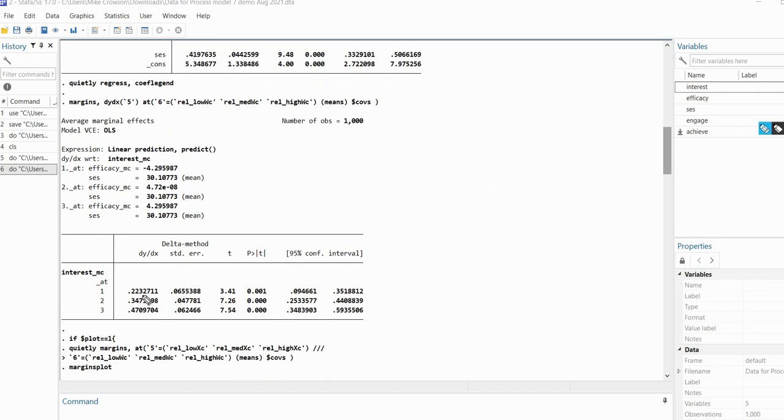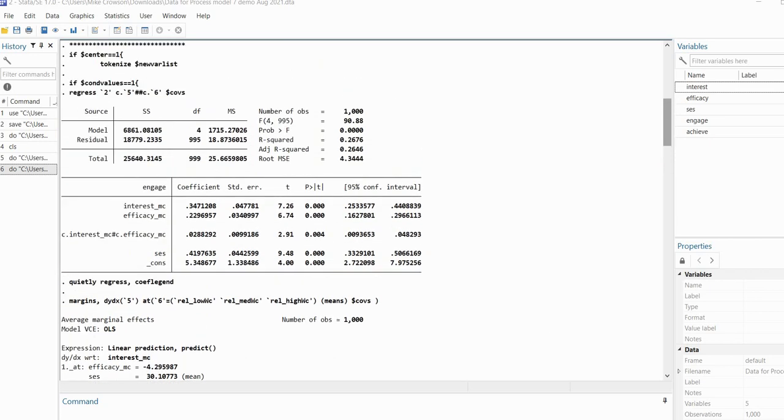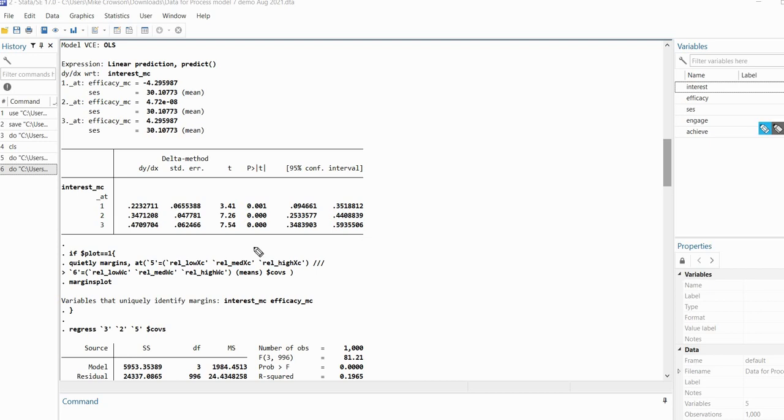And you'll notice one of the things to keep in mind is that at the mean on the centered variable right here, you'll see it says 0.3471208. You'll see that that number is reproduced in our table up here. So that's that number right there. So you can see just by looking at that this number right here is just one of the simple slopes that we computed below. So when we scroll down though, you can see that we have at one standard deviation